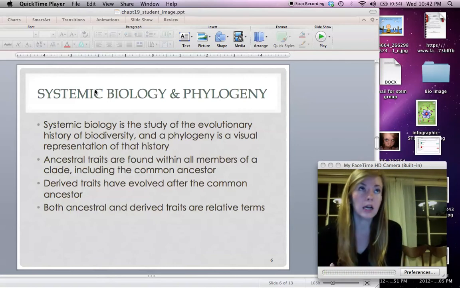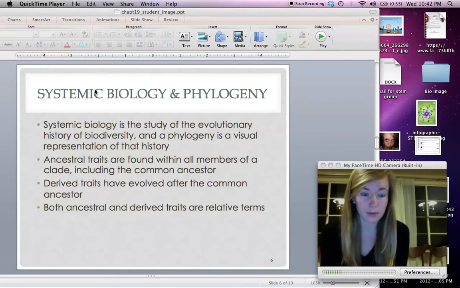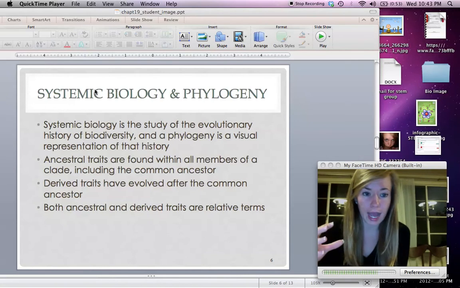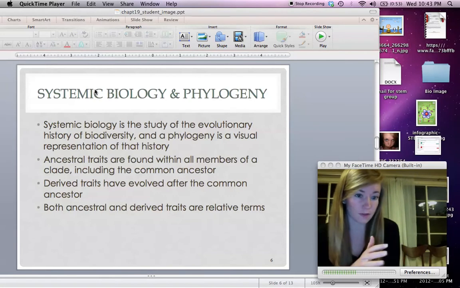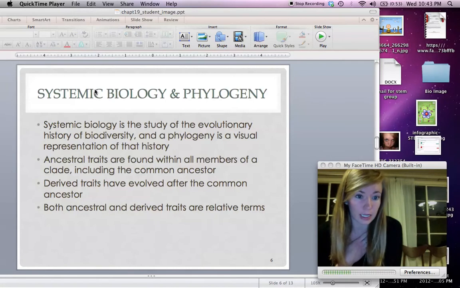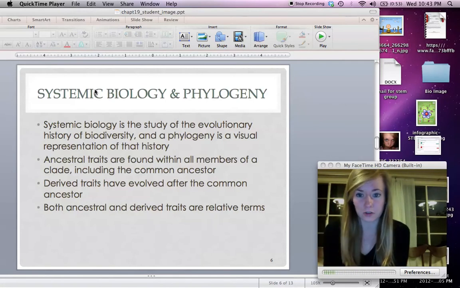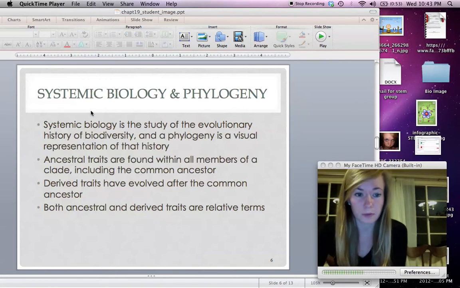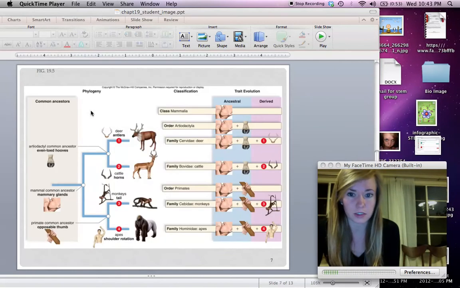So for example, all mammals have mammary glands and make milk for their young, right? So that's an ancestral trait for all of mammals. But then if we're going to look at humans or primates, which are another group of mammals, we have evolved the use of opposable thumbs. So that is a derived character for our clade of primates, whereas the mammary glands are an ancestral trait. So it's important to remember that both ancestral and derived, these are relative terms,